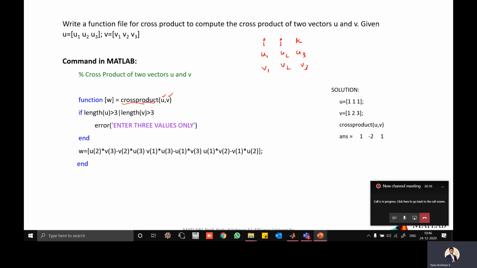Then I gave the function name. Cross product is the function name, and the output argument is w. So cross product is here, the output argument is here, w, right? This is your output argument and function.